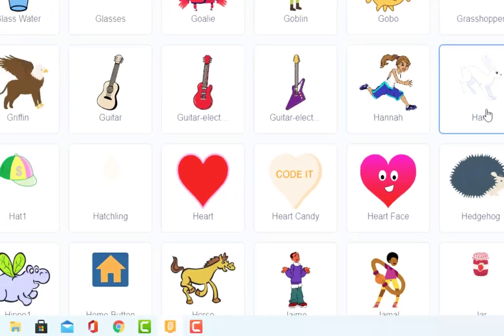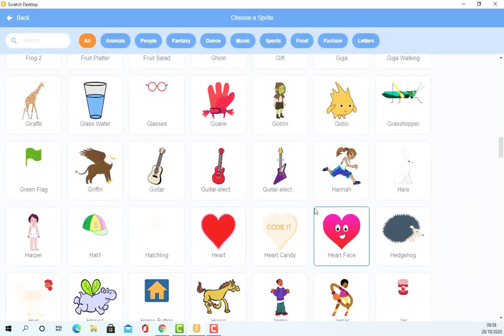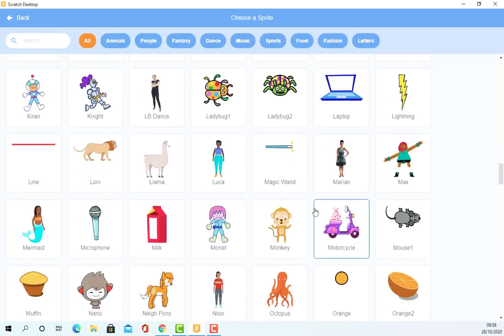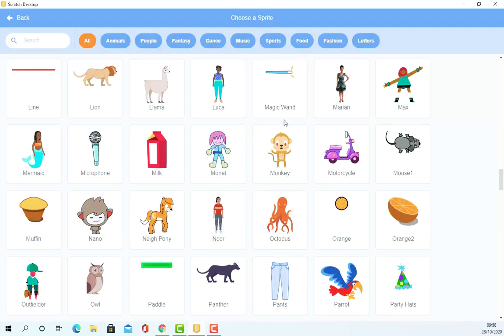Not a hammer. Hair. Oh, that's it then. There's no ham, so there's no hammers. Maybe mallet. Let's have a quick look a little bit further down. Microphones and magic wands. Oh, I could do a magic wand going up and down. No, we haven't got a hammer, we haven't got a mallet, so we're kind of out of luck in the